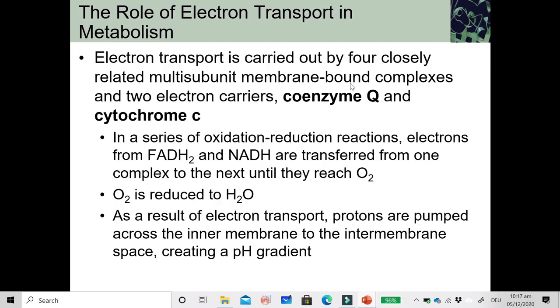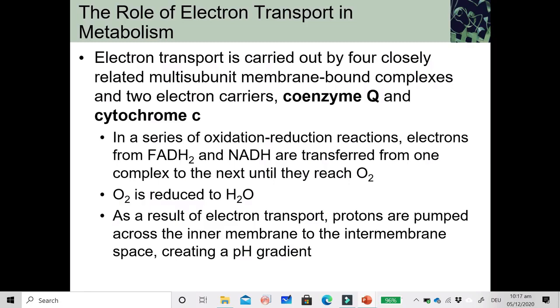Now, coenzyme Q, these are mobile electron acceptors and electron donors. They are electron carriers, but unlike the membrane-bound complexes, are capable of moving through the inner mitochondrial membrane. The same is true with cytochrome C. The multi-subunit membrane-bound complexes here, on the contrary, are